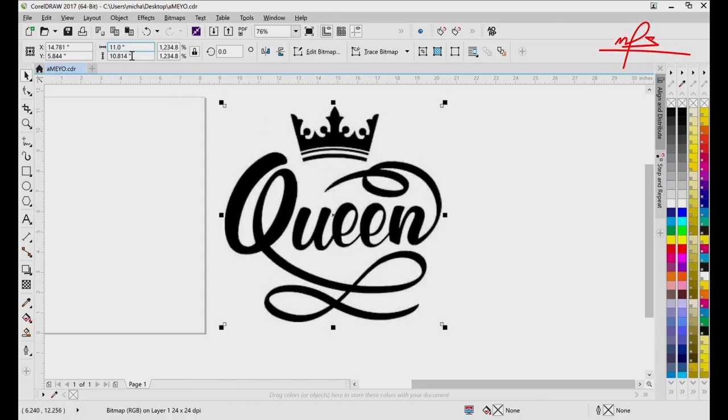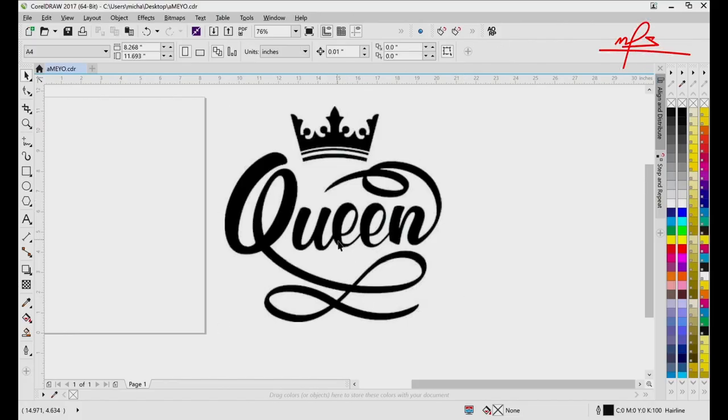I already set the size as 11 inches wide and 10.814 inches tall. So we can leave it at that. The first thing you want to do is to lock this image, lock the object, so we can't select it by mistake. Next thing we want to do is to come down here to the freehand tool and